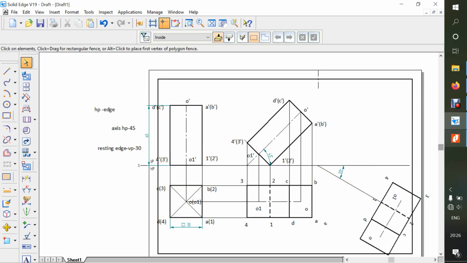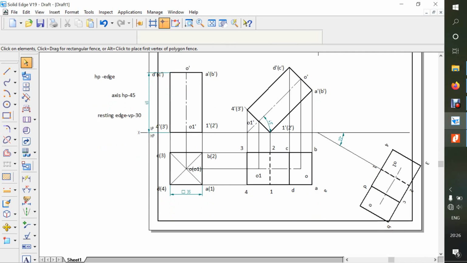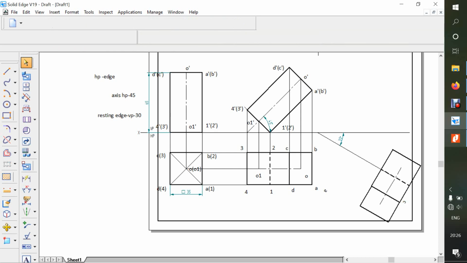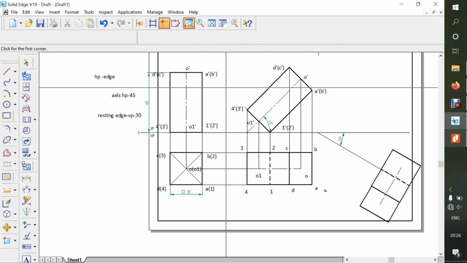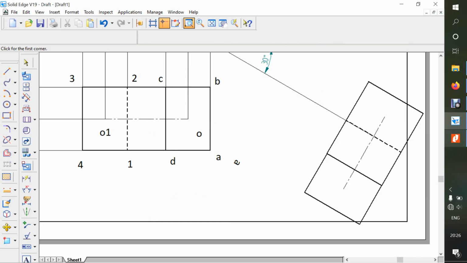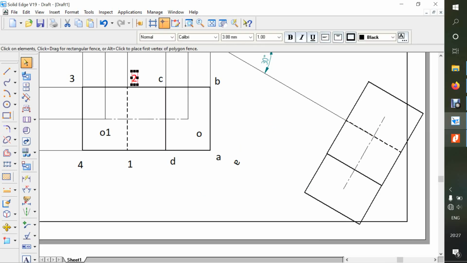Okay, so now go here and just delete these namings. So now zoom this much, keep it like this. So now we have taken 2 here. So what I said, just click on the 2 and press Ctrl and drag it. So this is my 2. So this is our 1. So 1, 2.